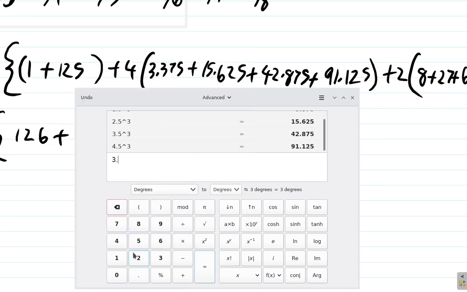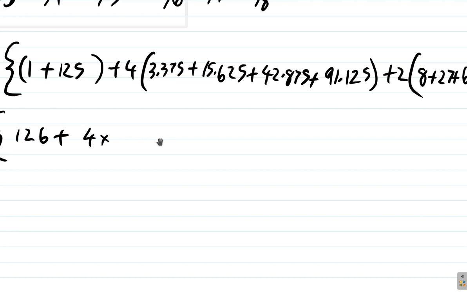We have 3.375 plus 15.625 plus 42.875 plus 91.125 equals 153. They add up to 153, so it's 4 by 153